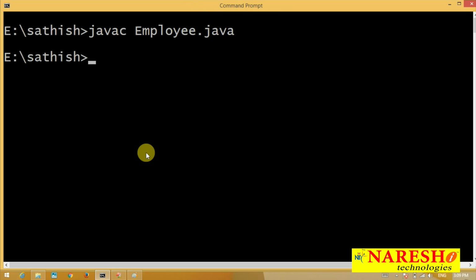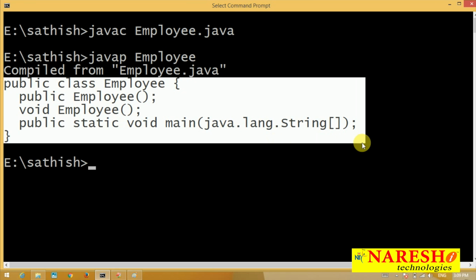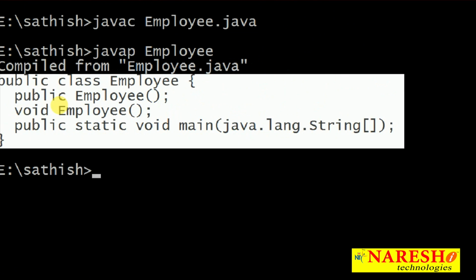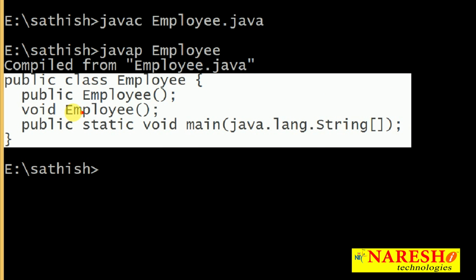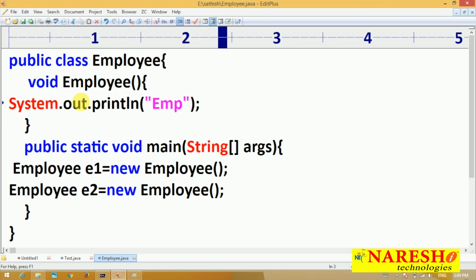Compile and use the javap command to get the profile of the Employee class. Now observe, void Employee is considered as what? A method. Because of that reason, the compiler generated one constructor, that is the default constructor. By mistake if you use any return type for the constructor, no compile time error, no exception, that is considered as a method. And whenever that is considered as a method, if there are no constructors in that class, the compiler will generate a default